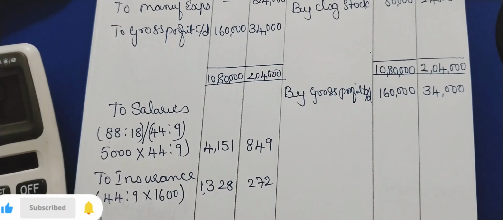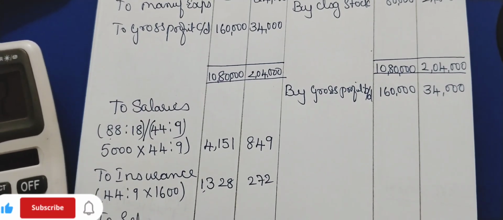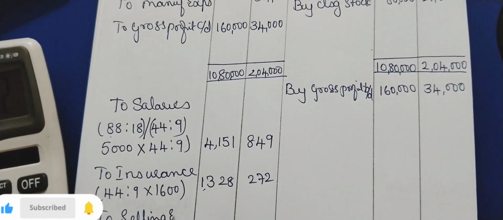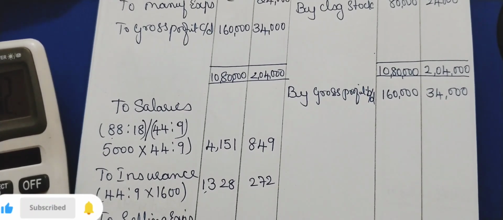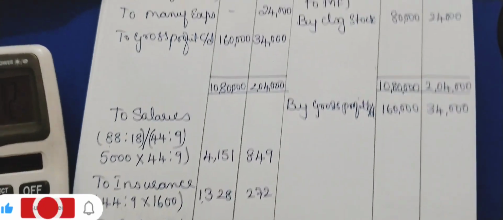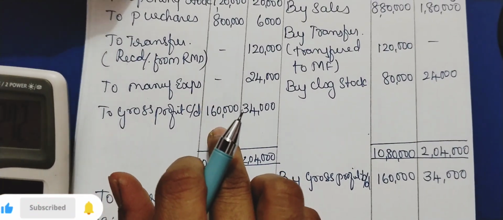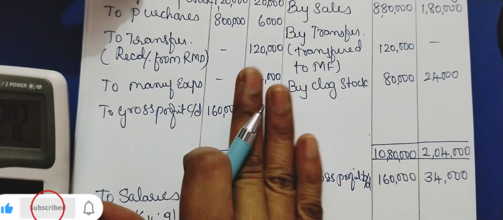Then we have selling expenses. Selling expenses we are taking under the profit and loss account because trading is purely related to your production